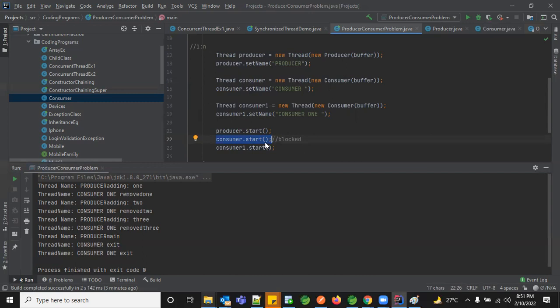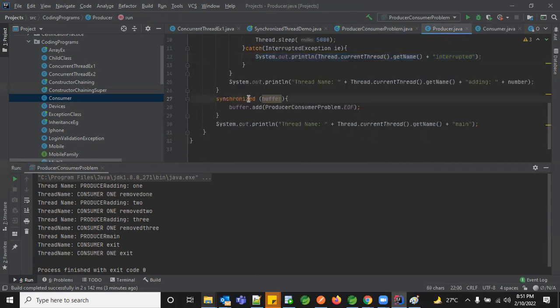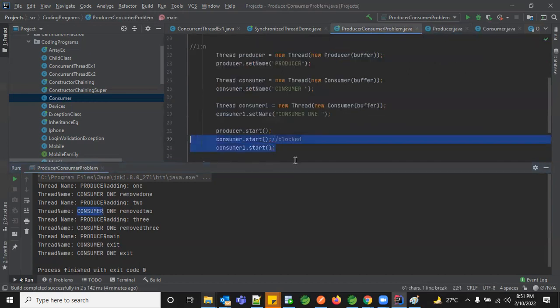Did you get it? Yeah, understood. Okay. So what is the drawback of using synchronized? Synchronized will not help in scheduling the tasks. When you have multiple threads, scheduling the threads will not be taken care of by synchronized. Whenever you use the synchronized keyword, whichever thread is active at the time, only that thread will get control. But we had two consumers, right? The other consumer is not getting a chance, or is not getting internally scheduled to kickstart and use the data. That is a major drawback of synchronized.